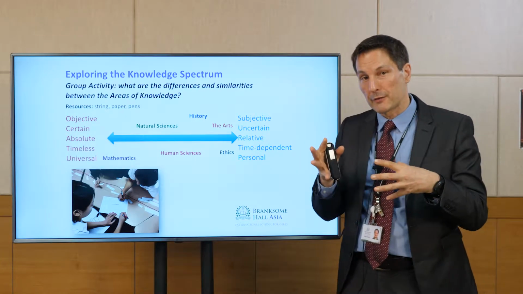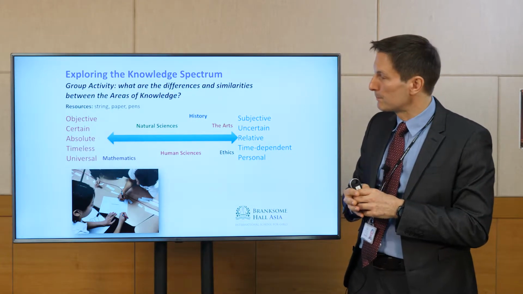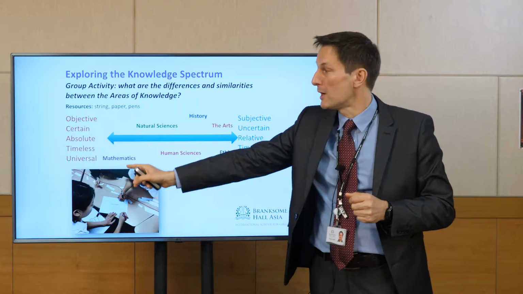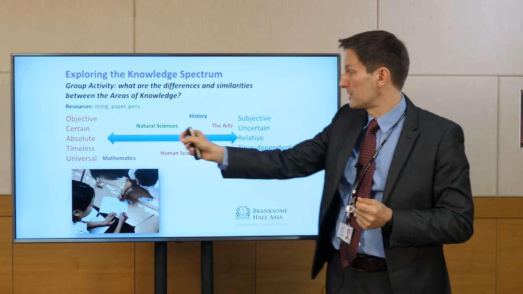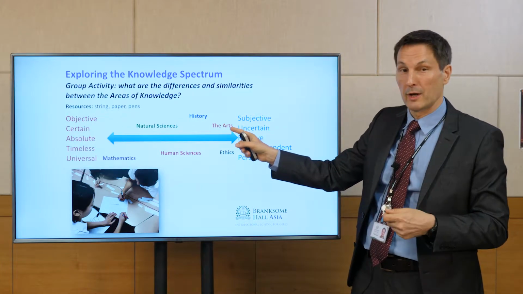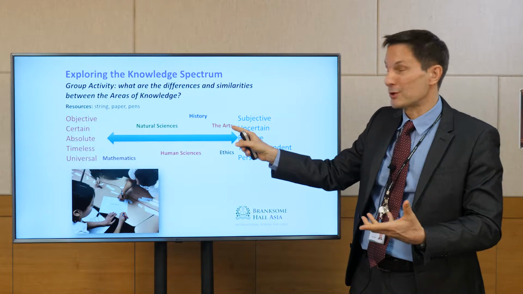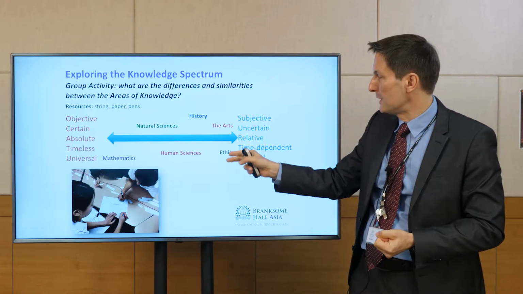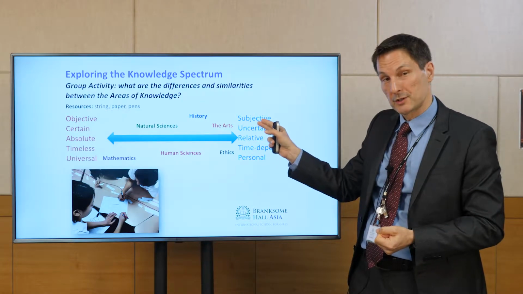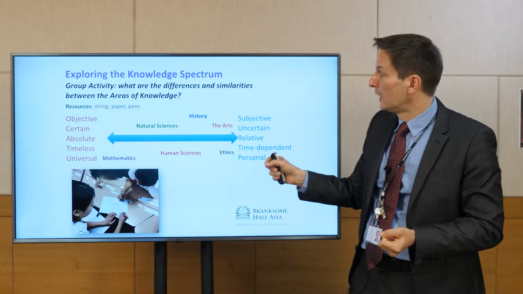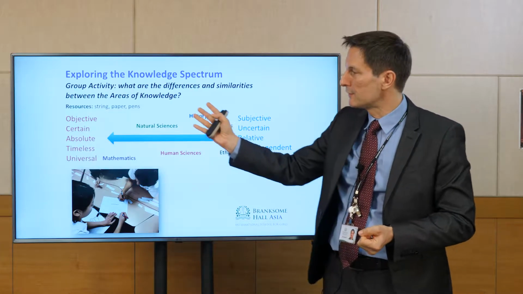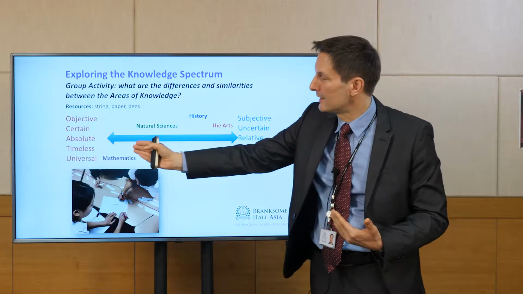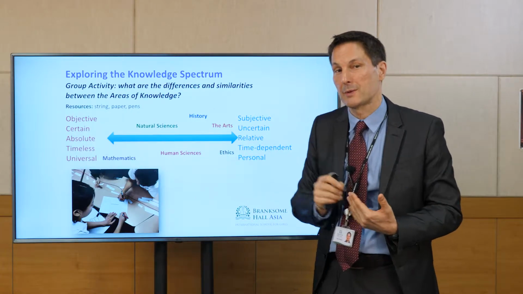And so when you think about this in relation to the subjects, you could argue, for example, that a subject like mathematics is much more objective than a subject like the arts, where if we interpret a poem, it's much more subjective, much more personal. Something like ethics tends to be a little bit more uncertain and subjective. It's also very cultural. The natural sciences we think of as being quite objective, but there are also limitations which make it slightly less absolute, less certain than mathematics.